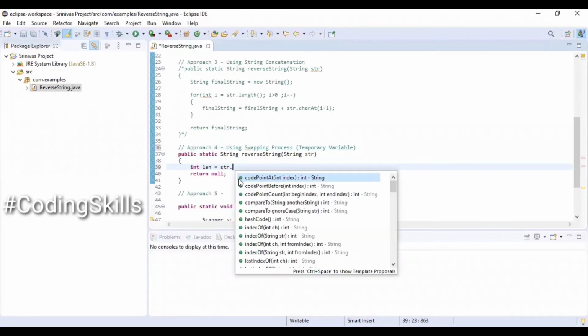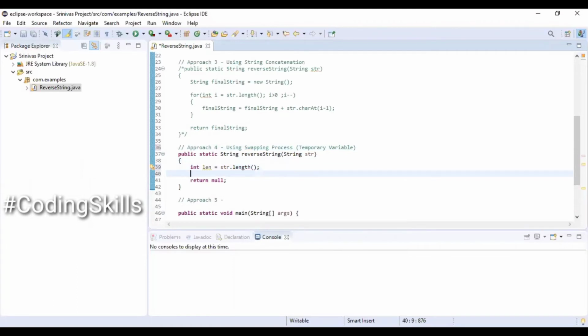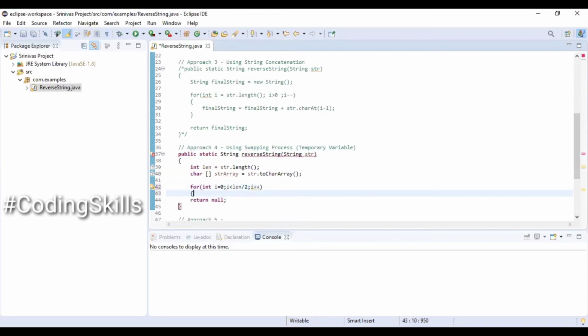Int length equal to str.length. Declaring a character array, strArray equal to str.toCharArray. For int i equal to 0, i less than length by 2, i plus plus.